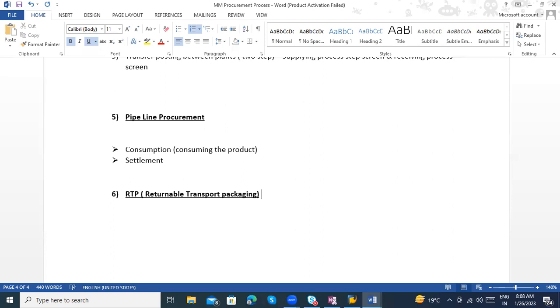So returnable transport packaging is about some of the products or goods which are not possible without containers. For example, what are the containers, right? Products which are not possible without a container, any product